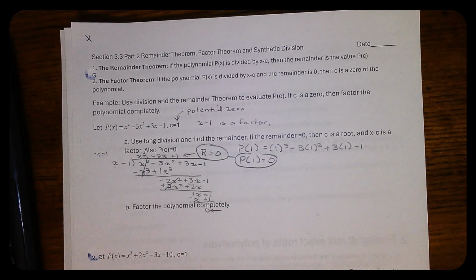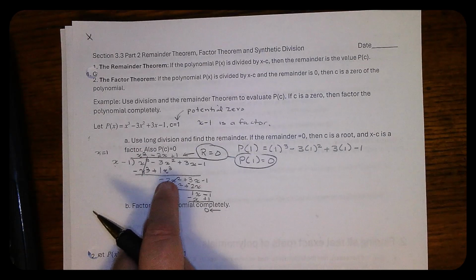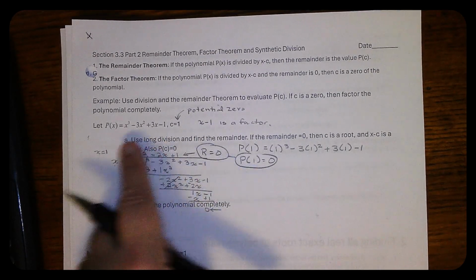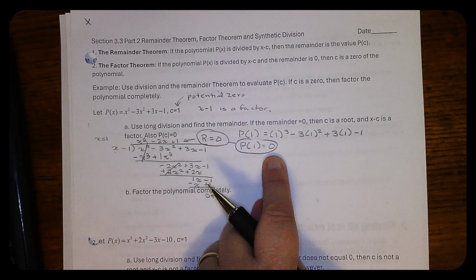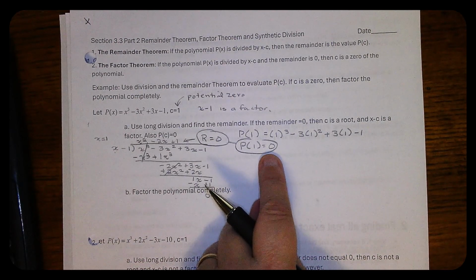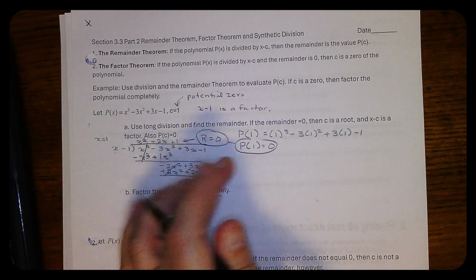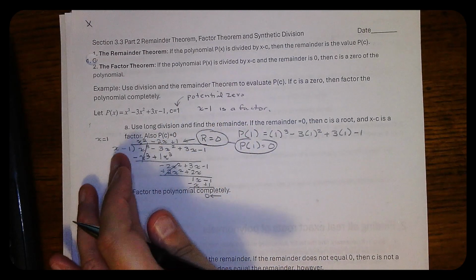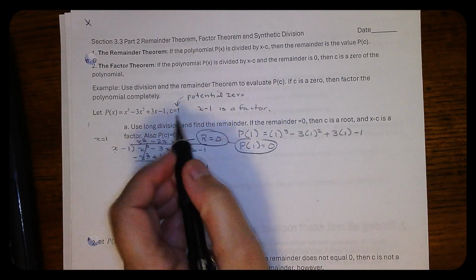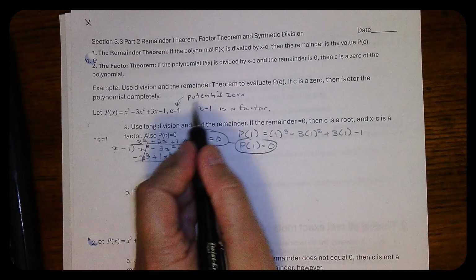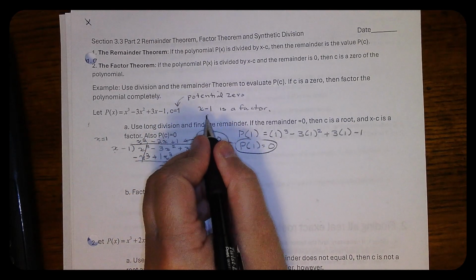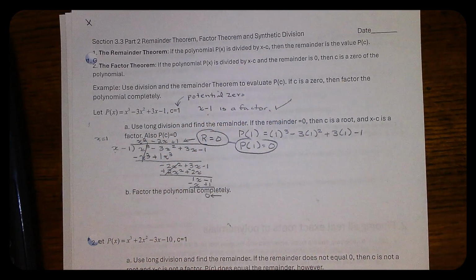So what the remainder theorem says is if you want to test a 0 really quickly, you don't have to divide. You can test a 0 by just putting that 0 in, and whatever it comes out to be is the remainder. Now the factor theorem says if the remainder is 0, then that means that 1 is a 0, and therefore x minus 1 is a factor. So this was a potential 0. Because we had a remainder of 0, this is indeed a factor. All right, now